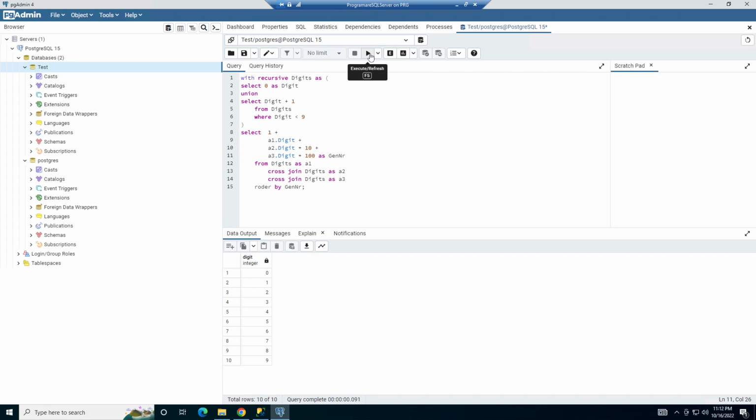Let's run it. Order by. And if I run it, so order by like this, it starts with 1, and if I put desc, the maximum number is 1000. So that's it. The recursive query is extremely similar, with the exception of the recursive keyword in PostgreSQL, and